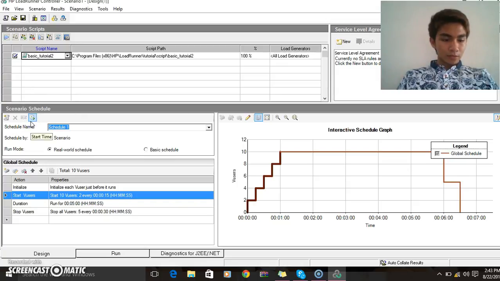Click OK. Change a group name. In the scenario groups pane, select basic script and click the Details button. The Group Information dialog box opens.